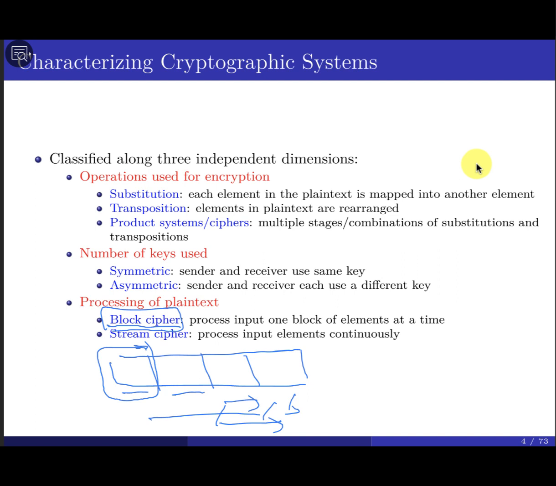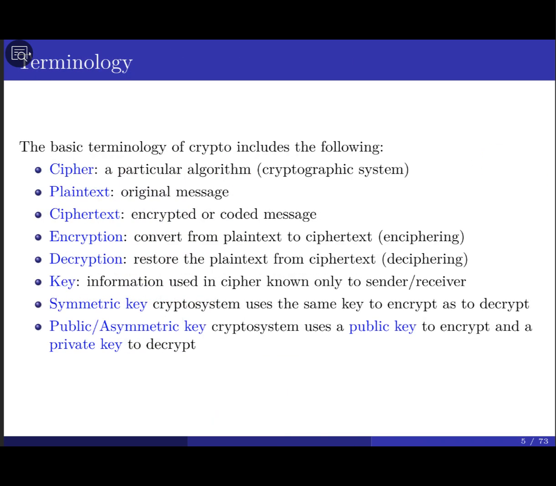Okay, that's just the classification or characterization of the cryptographic system in general. So it looks like I have a few terminologies you need to go over. I guess most of you are familiar with them, but I have to go over them in any case. Anyway, the first one, the cipher, which sometimes you're going to see called a cryptographic system, is the exact algorithm that you use in order to perform the crypto system or the encryption.